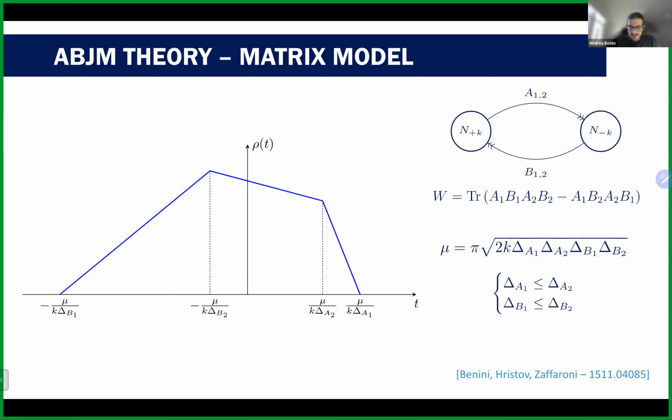The important thing you can see here is that you have particular expressions for the points where the derivative of the function is discontinuous, and these are given in terms of this mu that I brought here on the side. Everything is given in terms of the chemical potentials and, of course, k, which is the k in the Zk quotient in the geometry.